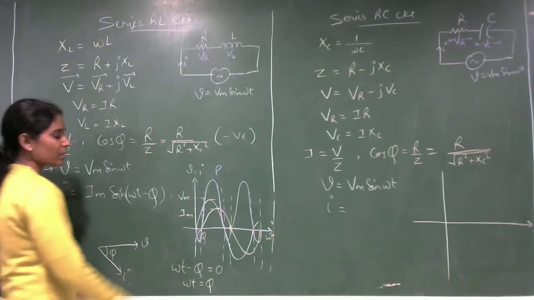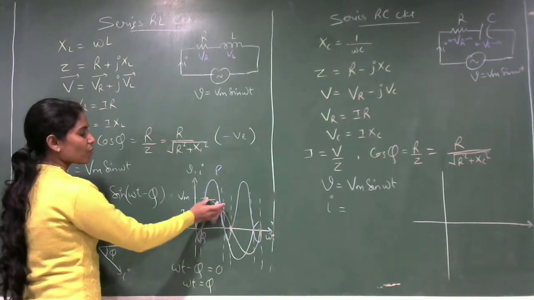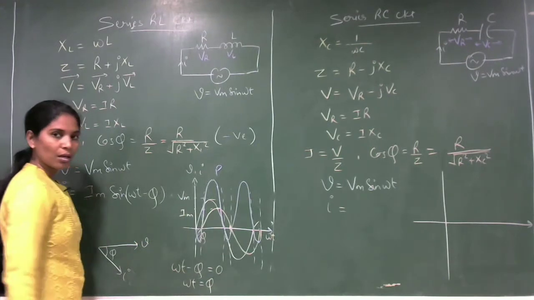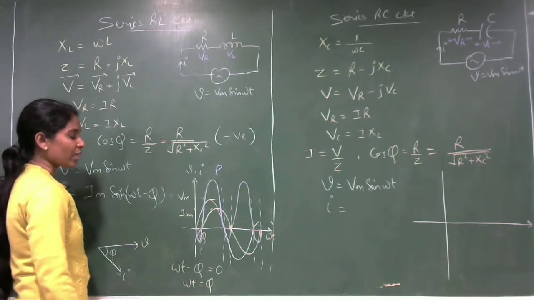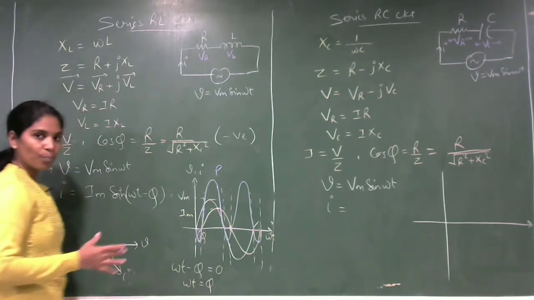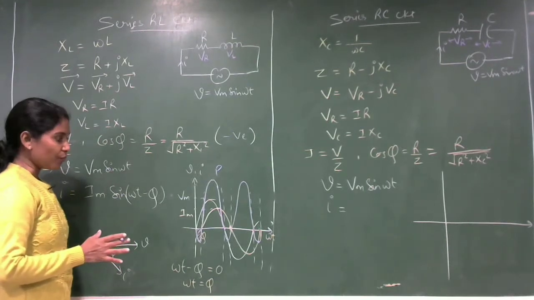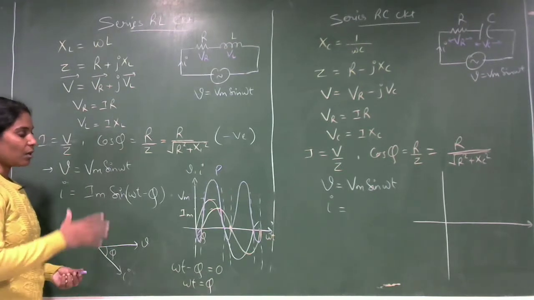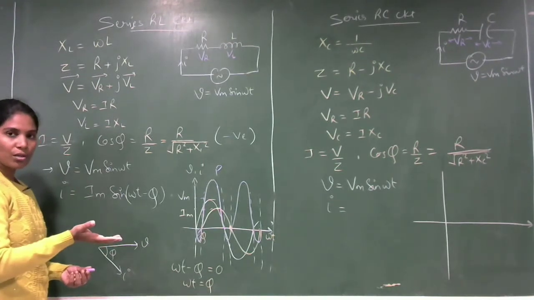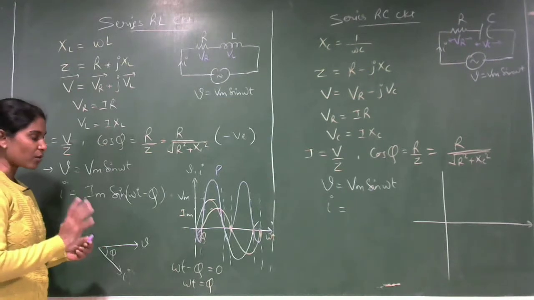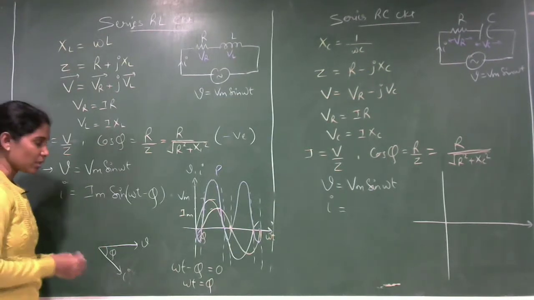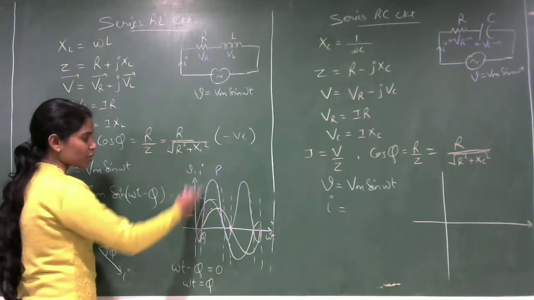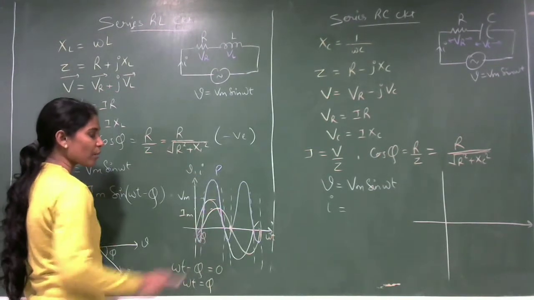Here we can see that the negative alternation is not equal to the positive alternation. The area covered under the negative alternation is not equal to that of the positive alternation. That means the net amount of power, the average power, will be some value. In pure inductance, we have seen the negative half portion is cancelled out by the positive half portion. That's why the average power was 0, but it is not like this here. The negative portion is less and the positive portion is higher, so you will get some amount of average power.